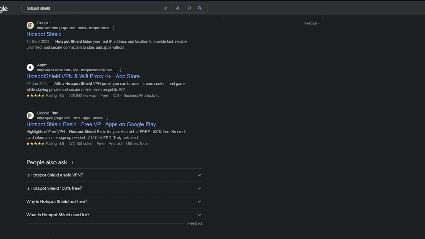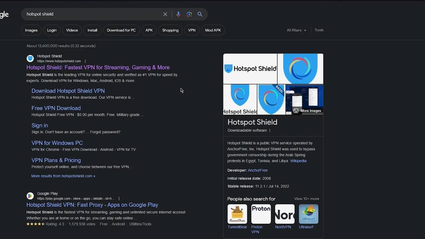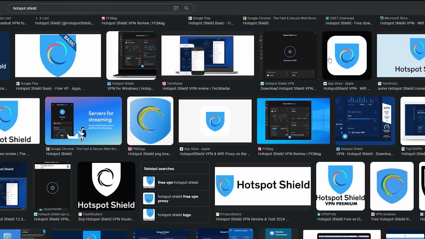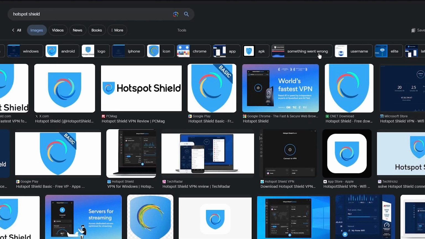It's all accessible. And trust me, Hotspot Shield takes the number one spot definitely because obviously of its experience, it's one of the oldest VPNs to this date, and it gives you the best type of speed, best type of work ethic, and the pricing is really incredible. Obviously, it's totally free, but the upper plans that you get are pretty cheap as well. So I would definitely urge you users to use Hotspot if you are choosing a VPN from this video, but you can obviously go ahead, scour through the video, choose whichever one works best for you. So yeah, that's the general idea of VPNs, and those are the best free VPNs for Windows 10 in 2024.